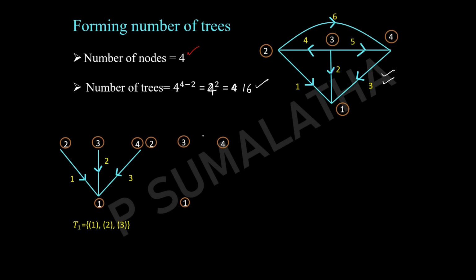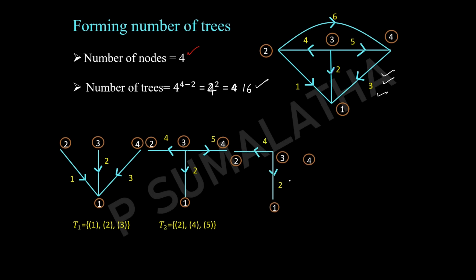Again I have considered all the 4 nodes. Now this time I am going to take the second, fourth and fifth transmission lines. So this is one of the possible trees for the same graph. Now this can be represented as T2, which will have the transmission lines 2, 4 and 5. Next, the second, fourth element, and I can take the sixth element. So this also has 3 branches and does not have any closed path. Now the tree number 3, T3, will be equal to 2, 4 and 6.